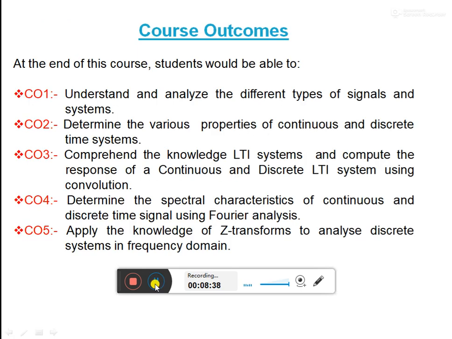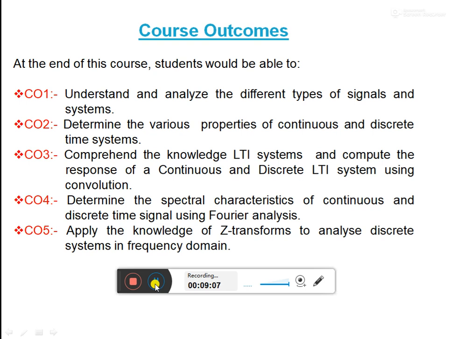Now coming to course outcomes: once you study this subject, the knowledge you are going to gain is classified into 5 different course outcomes, named CO1, CO2, CO3, CO4 and CO5. So this subject makes you understand and analyze the different types of signals and systems, and